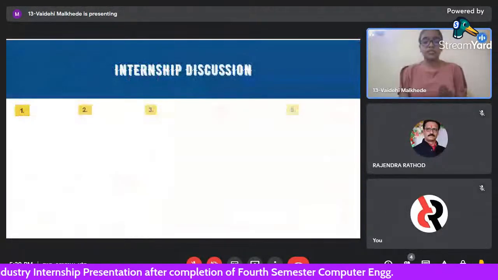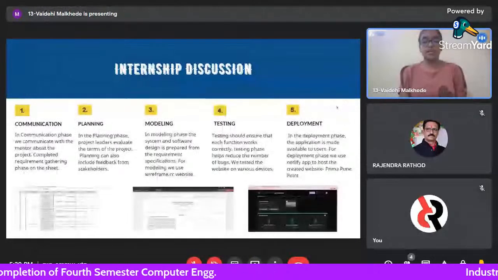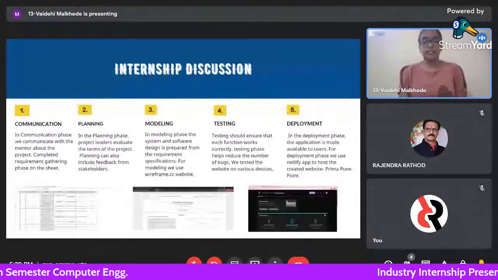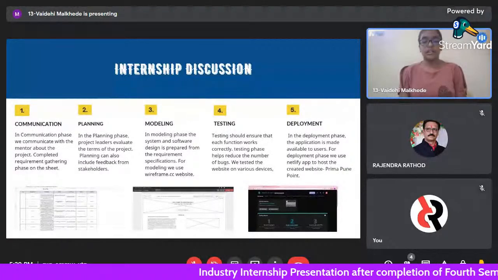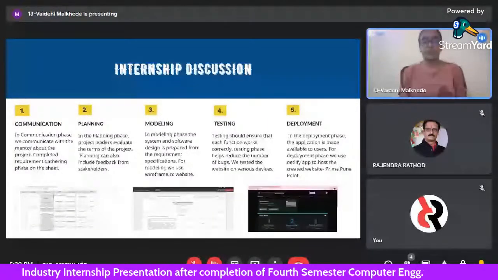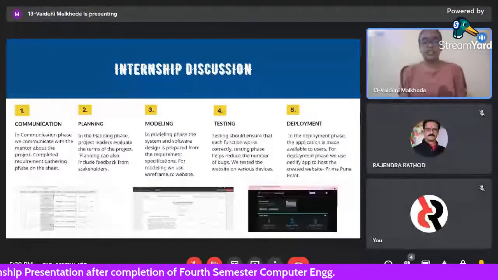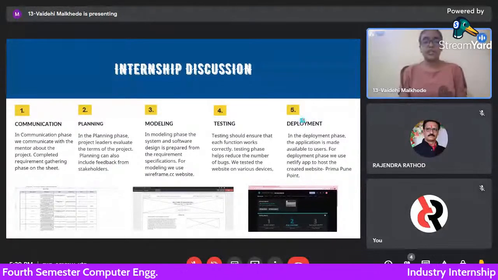And in this duration of internship, I have to work with a team of 5 members. In this internship, we have developed a website named Prima Pune Point. For this, we have used the SDLC, that is Software Development Lifecycle. The SDLC has mainly 5 phases. Communication phase. In communication phase,